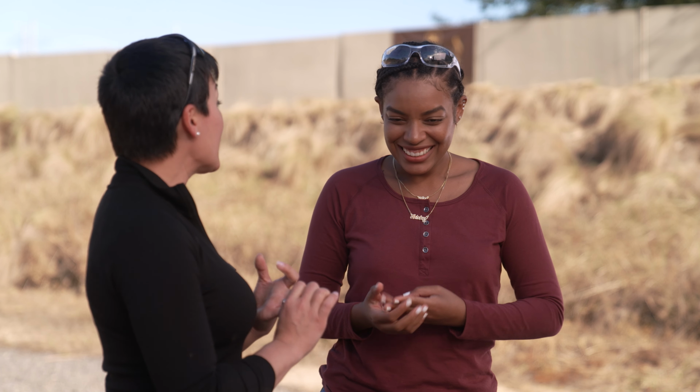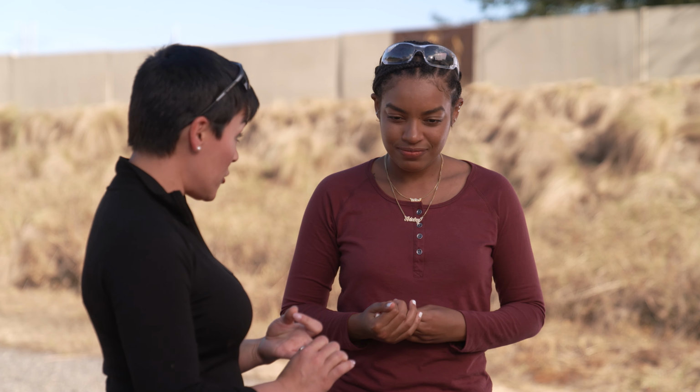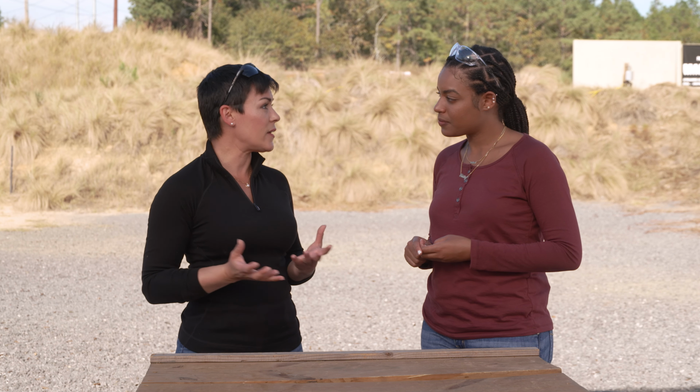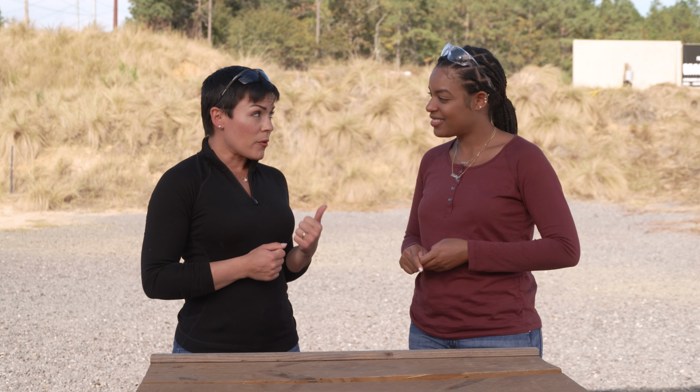So always keep the gun pointed in a safe direction. Always keep your finger off the trigger. Yeah, keep this little guy in check. Always keep the gun unloaded until you are ready to shoot the gun. And always be sure of your target and what lies beyond it and around it in its environment. Okay. Those are the 4 big ones. Got it. Easy enough. The fifth rule,